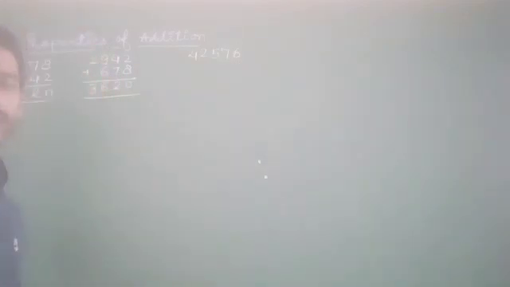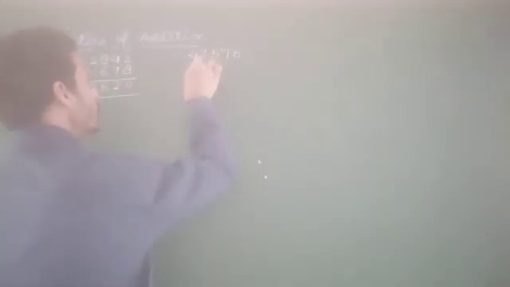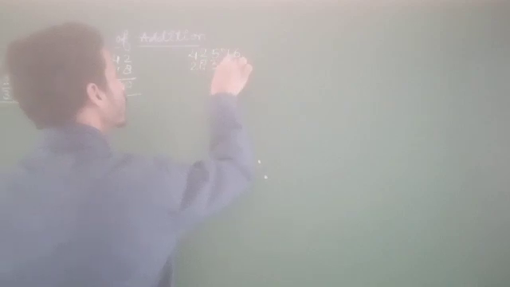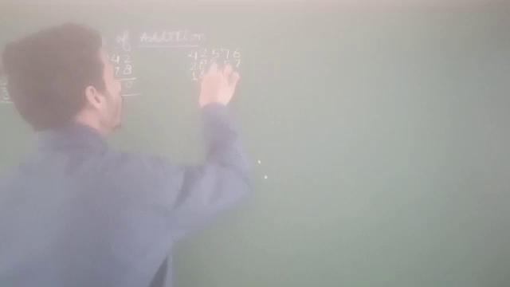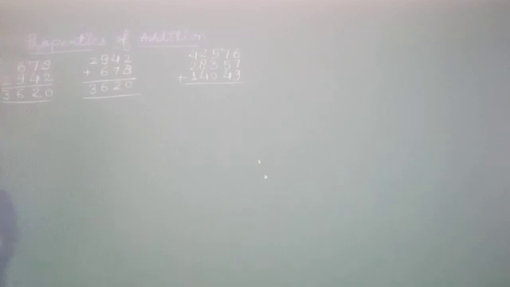You can see here an example. Let's see another type of example: 42576, 28357, and 14049. When we add them, and after that we reverse their order. 6 and 7 is 13, 13 and 9 is 22, ones 2, 2 carry. 7 and 9 is 16, 5 is 21, 4 is 25, and so on, carrying over to the hundreds column.